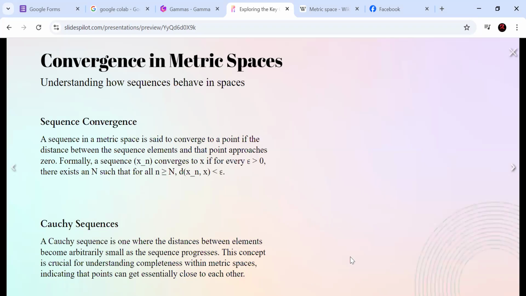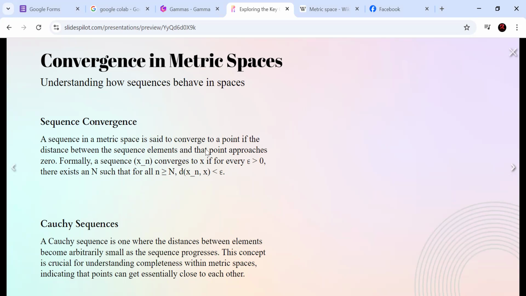So, convergence in a metric space. Understanding how sequences behave in space. Sequence convergence. A sequence in a metric space — actually, in a sequence we have metric functions. It is said to converge to a point if the distance between the sequence's elements and